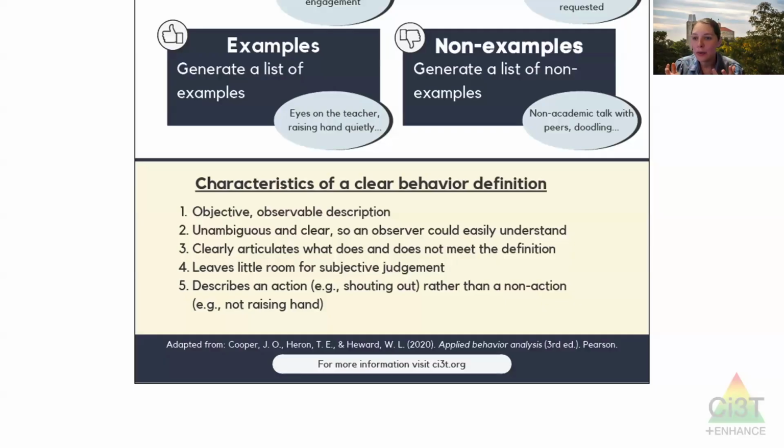So loud, well, what I consider loud might not be what you consider loud, or inappropriate. Well, what makes something inappropriate? I'm going to make sure you're using really clear quantifiers, so we're all on the same page about what it means to be loud. And then that last one is about describing an action instead of an inaction. Sometimes it's called the dead man's test. If a dead person can do it, that's not what we're going to include. So you wouldn't say not raising your hand. A dead person cannot raise their hand. You would use the action, which is shouting out. That's what they're doing. A dead person cannot shout out, hopefully.